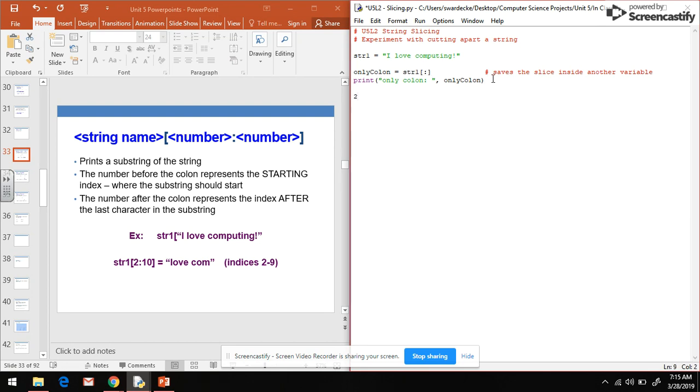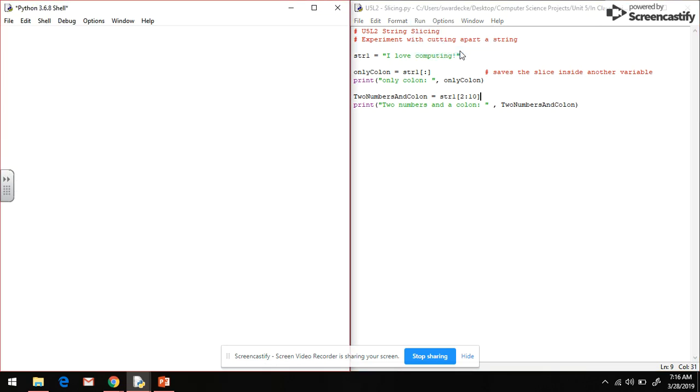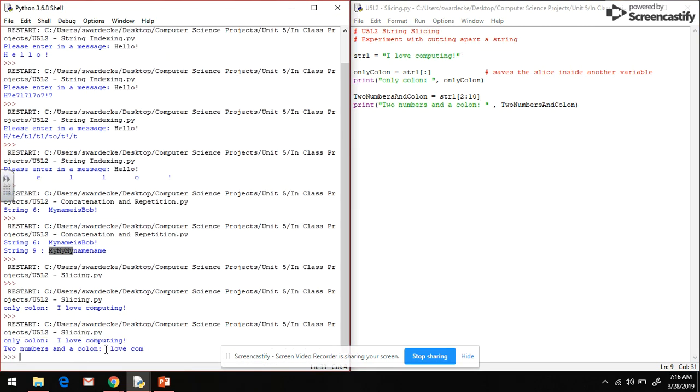Now we'll do two numbers and a colon. This is the next example that we're looking at. So this is going to be string 1, and inside of here, I put 2 colon 10. And then if I print that to the screen, I'm going to do 2 numbers and a colon. And we'll print 2 numbers and colon to the screen. So if we do this, there we go. You'll notice here it does "LoveCom," which is a little confusing and we're not 100% sure what's going on,